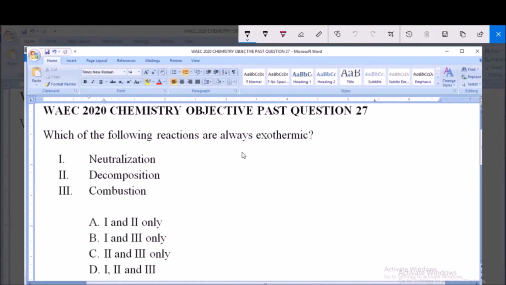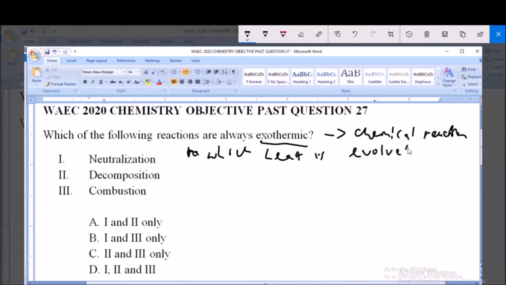So the first thing we are looking at here is exothermic reaction, and an exothermic reaction is a chemical reaction in which heat is evolved or given off. So a reaction in which heat is given off or evolved is known as an exothermic reaction. So the question we're asked here is which of these reactions are always exothermic. That is, if we are to give all the examples of each of the reactions, which one will have examples that are always exothermic? So let's look at each of the